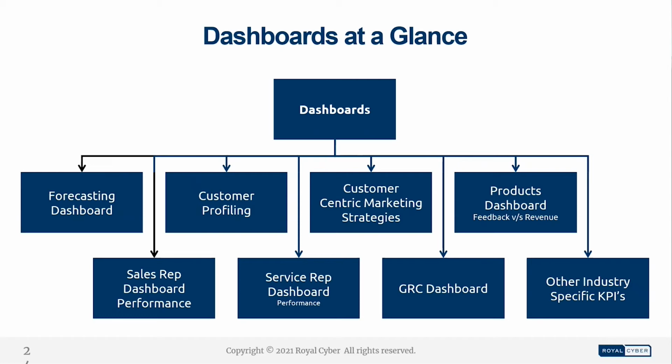This is again like what I said: some customer responded better to an email campaign, so let's always do an email campaign for him. The moment somebody adds that customer to a social media campaign, there'll be an alert saying, hey, this customer doesn't do well in a social media campaign, and all that. Now, the product dashboard, that is feedback versus revenue.